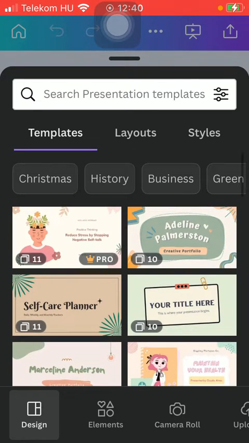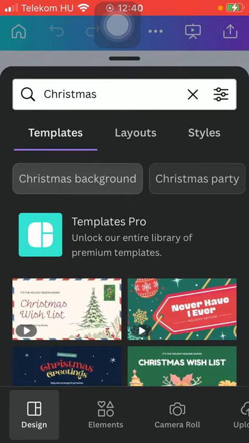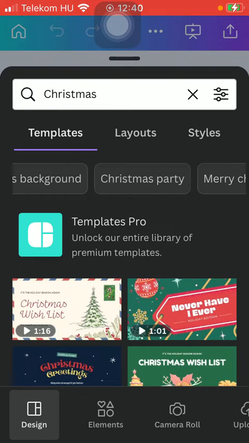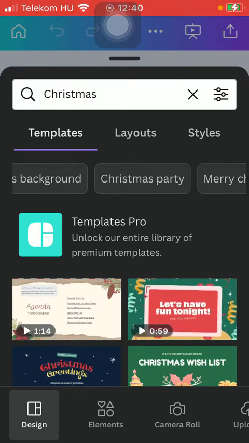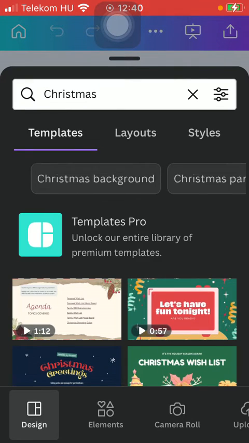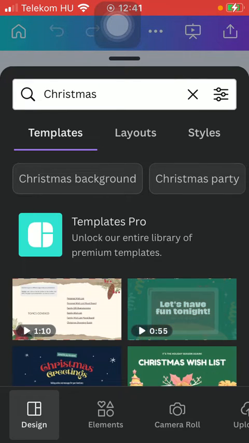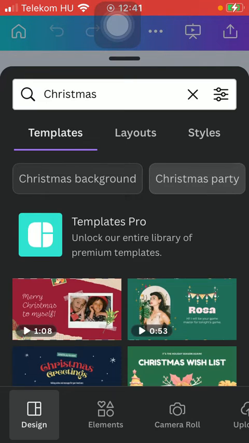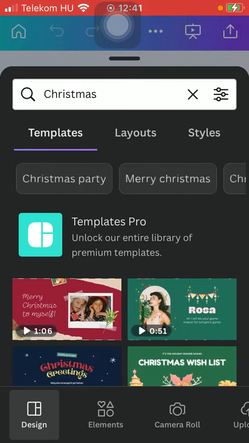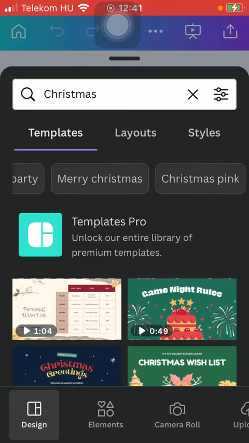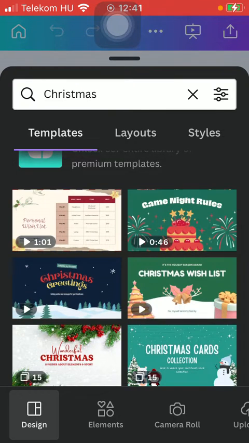templates, and they are also organized into distinct categories such as Christmas, and within a particular category you have subcategories. So as I have selected Christmas, there are many subgroups such as Christmas background, Christmas party, Merry Christmas, Christmas pink, and so on. Tap on the relevant